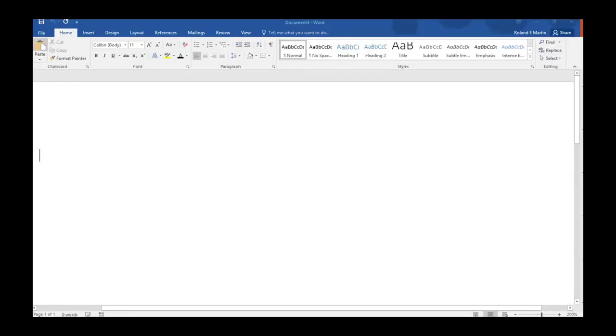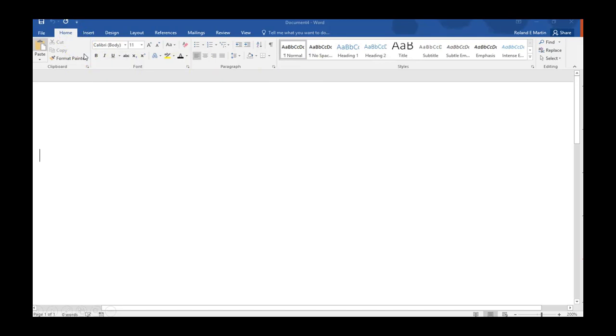Now here on our main view, I want to take a look at those tabs. Each tab contains several different groups. And when I say groups, if we take a look here, we are on the Home tab of our ribbon, and here is the Font group, here is the Paragraph group, here is the Styles group, and each of them has its own commands in them. So for example, in the Home tab,